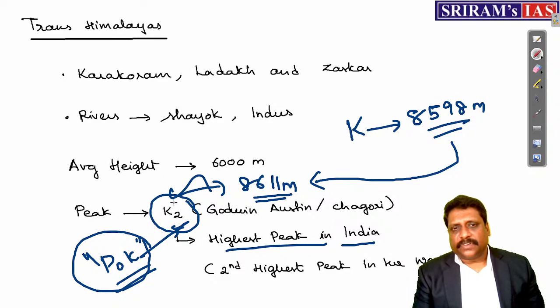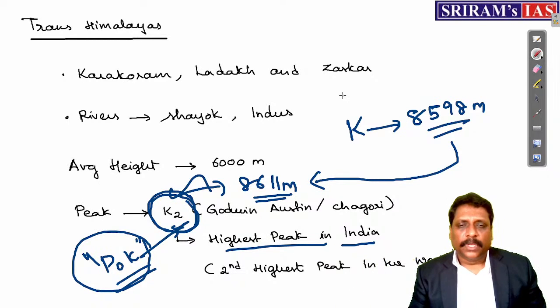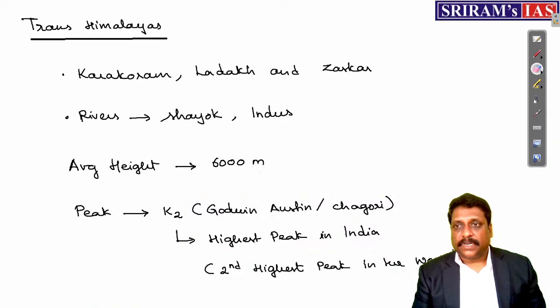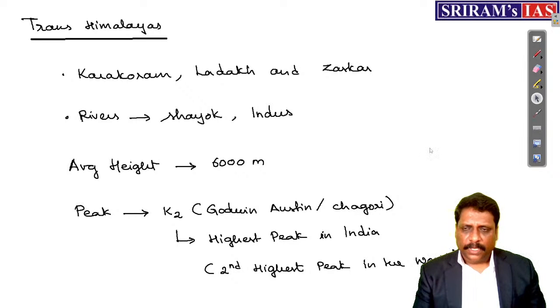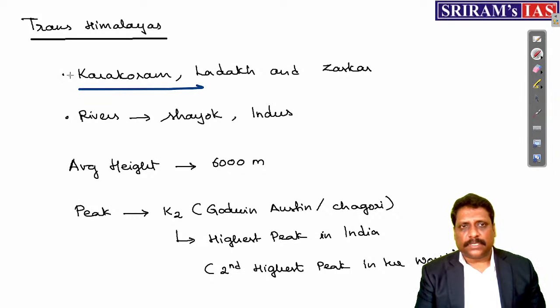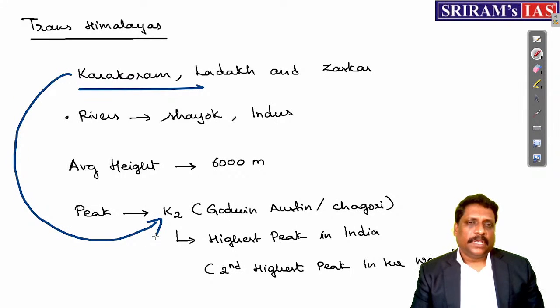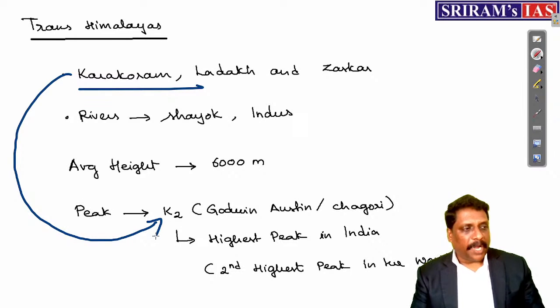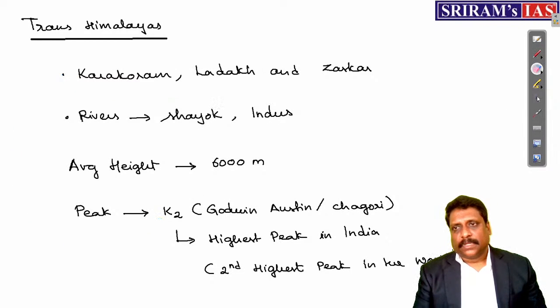If that is the case, my dear friends, whatever it is, if K2 is also given in your answer and Kanchenjunga is also given in my answer, I'll go for K2 as the highest peak in India. Right, my dear friends. And apart from this, K2 is located along the range called the Karakoram range. Not only K2, we have peaks like Gasherbrum and Masherbrum; plenty of peaks are here in this region.